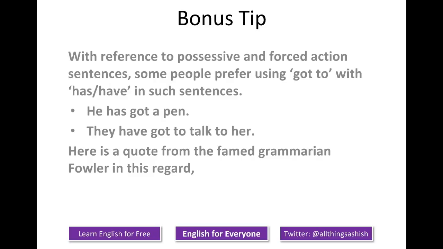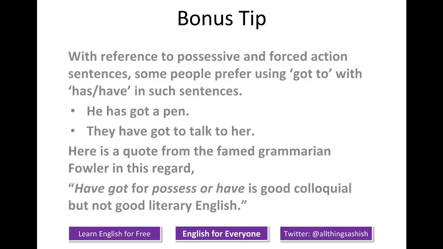But in order to give more clarity on this particular usage, I'd like to share a quote from the famed grammarian Fowler. He said, have got for possess or have is good colloquial, but not good literary English. In other words, what he is really saying is that if you say they have got to talk to her or he has got a pen,